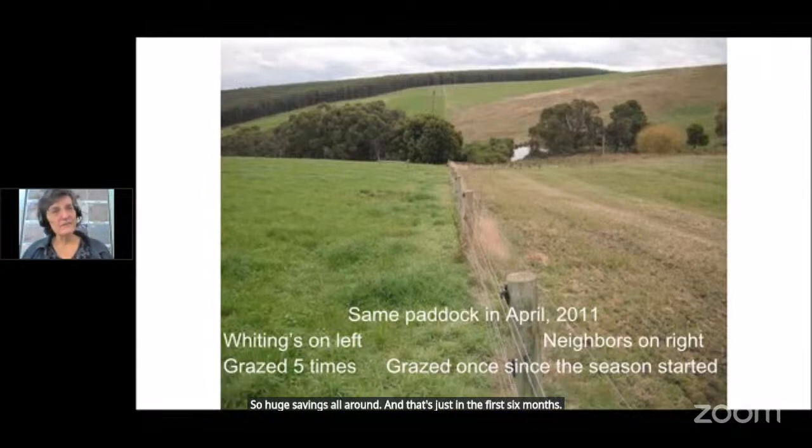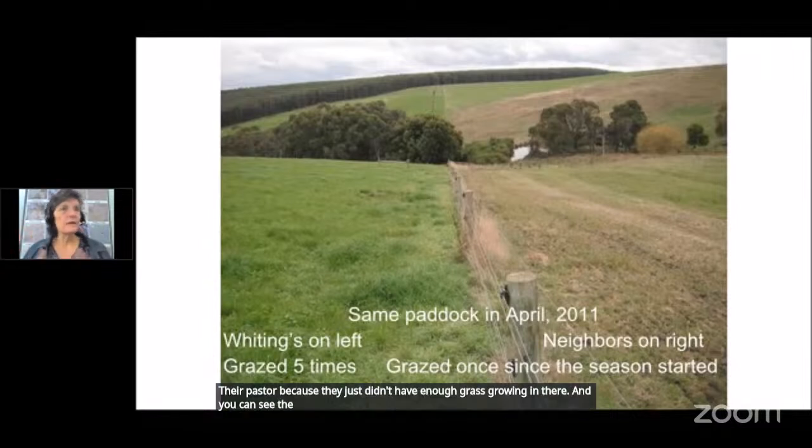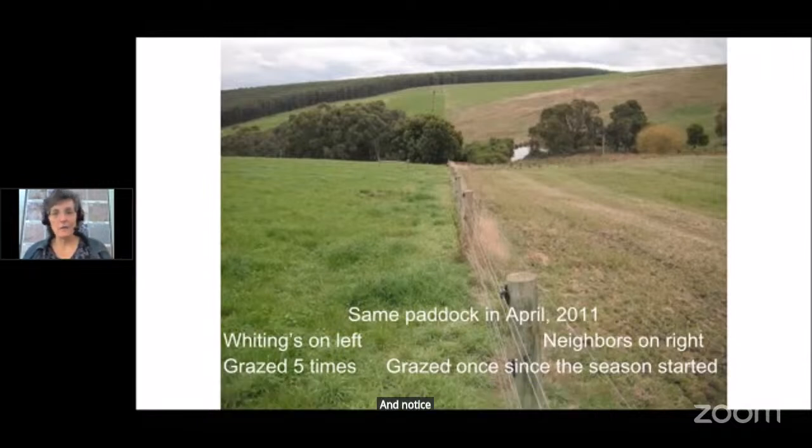On the other side of the fence line here, the conventional farm, they had to resow their pasture because they just didn't have enough grass growing in there. And you can see the tillage lines where they tilled in that grass seed to get it in contact. And notice that that grass is not growing to speak of. So they grazed